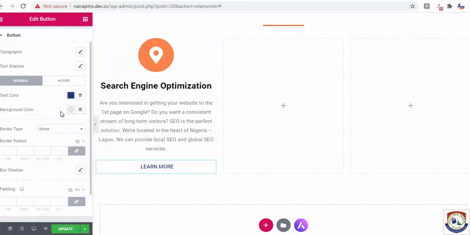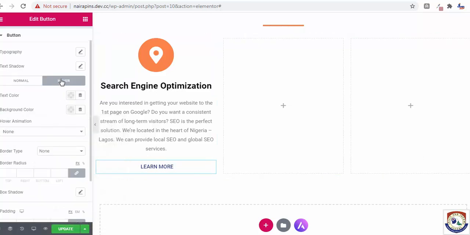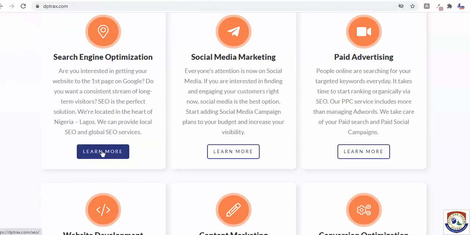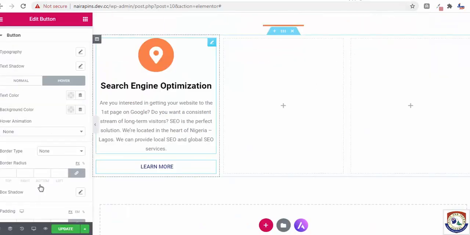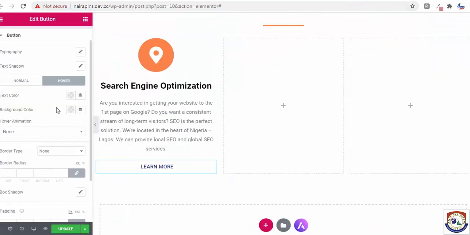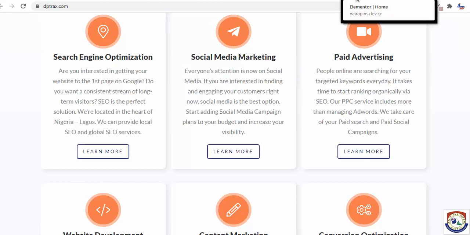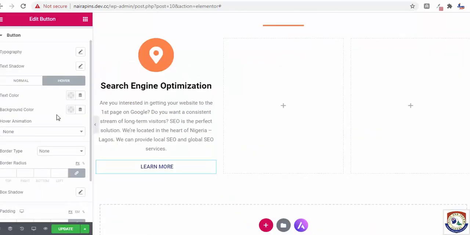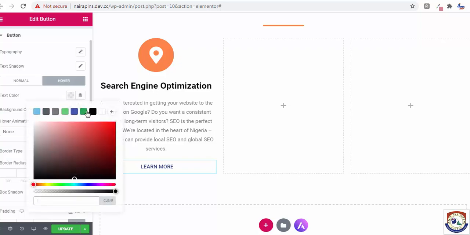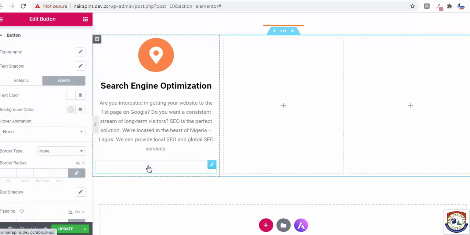Now we need the hover color. This is the hover color. So the hover color here is, when we hover, it has blue color. So we are going to put in where our text color is. The hover color text color is what? Is white. So we are going to put white as hover color and background as blue. Now the text color for hover color is white. Can you see it's white now?